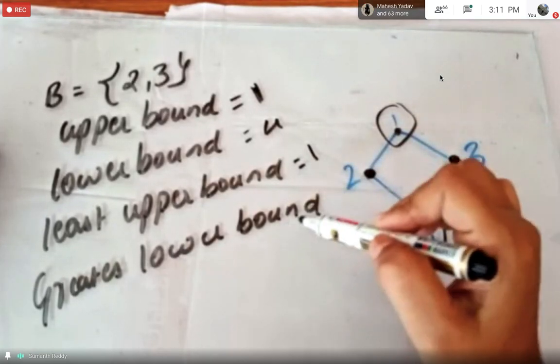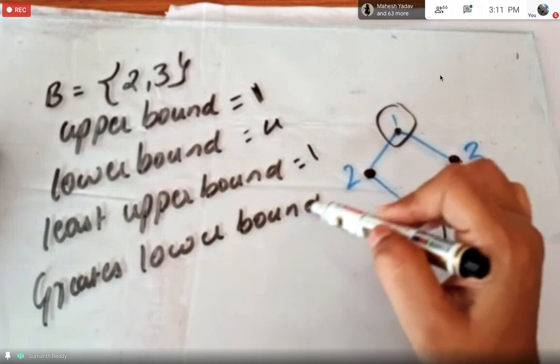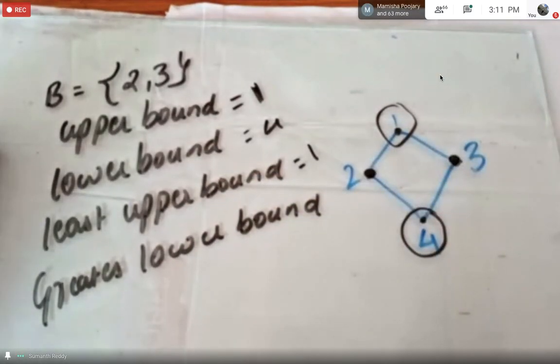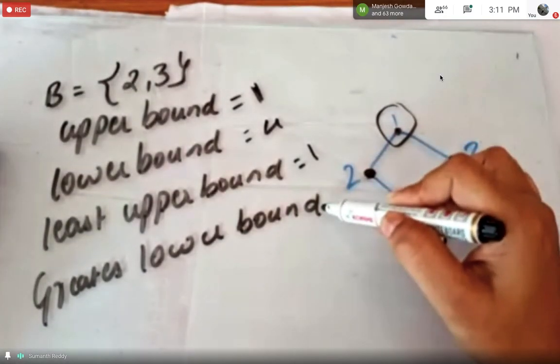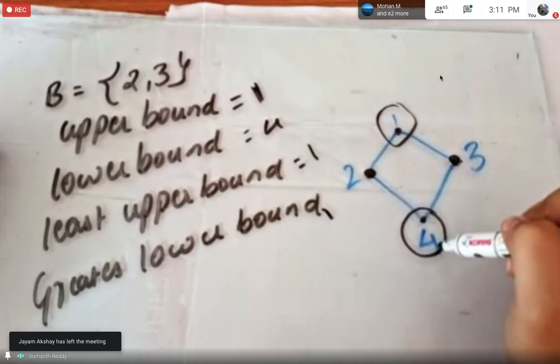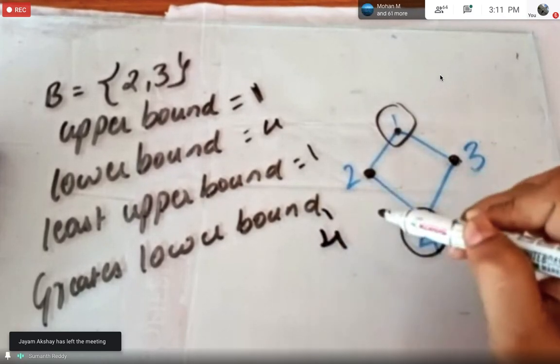Okay. As I have told you, when I take other examples, you will understand this concept in a better way. Again, the greatest lower bound: suppose we have more lower bound elements, among them, which is the greatest lower bound element? Among the lower bound elements, which is the element to which the other lower bound elements are related. Okay, so like that you need to think. But here in this example, again, we have only one lower bound element. Of course, it is related to itself. So the greatest lower bound will also be 4.